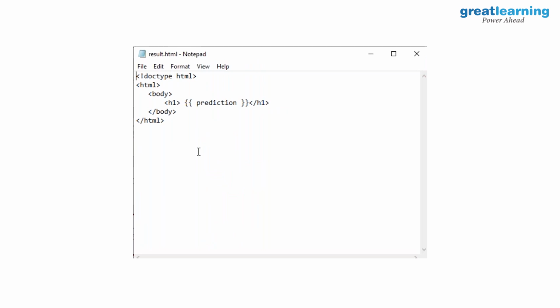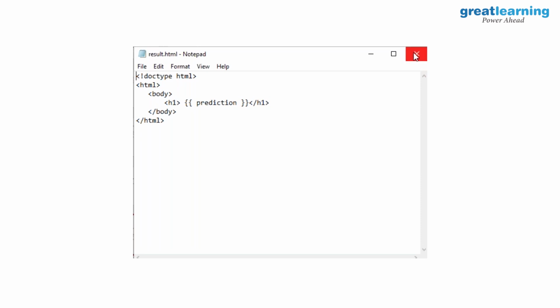Okay, I can have the prediction result being displayed on the same HTML file, but I have intentionally created a separate file as a result file just to show you that you can have a separate file as a result file, because normally in an organization you do not get to see the result on the same page, right? Otherwise there was no restriction. I could just add this part of the code, which is an HTML code, onto the same input file which I have created.